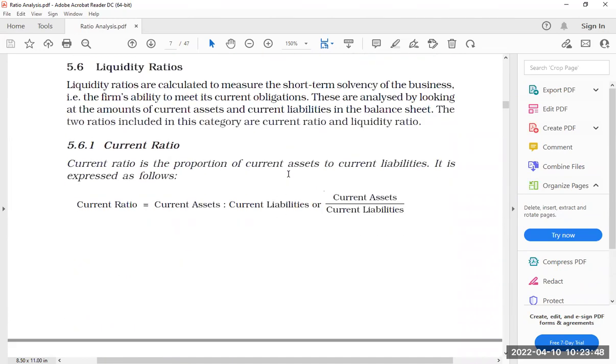Liquidity ratios are a group of ratios actually. Liquidity is the concept of the ability of converting an asset into cash. To find out the liquidity of a company or a business, we have a group of ratios. Those are called liquidity ratios. They try to measure the short-term solvency of the business. What is short-term solvency? Liquidity. What is solvent? Solvent means